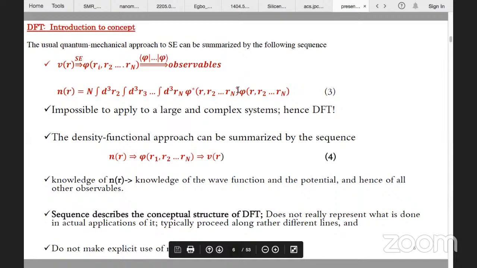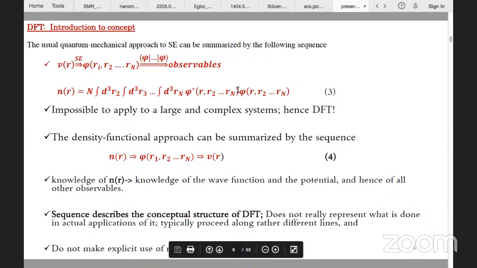However, for a real or representative material, as we study in DFT, the total number of electrons is infinitely large, and it's impractical to solve the Schrödinger equation for that. And then the idea of DFT came in around 1960. So the basic idea of DFT is that instead of